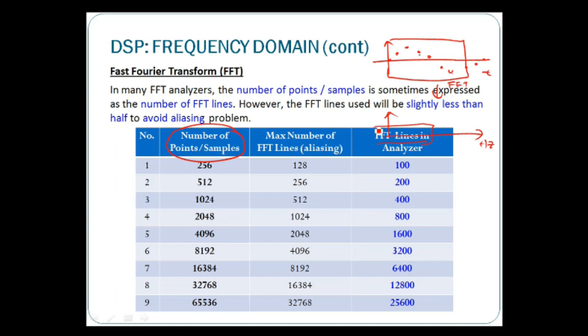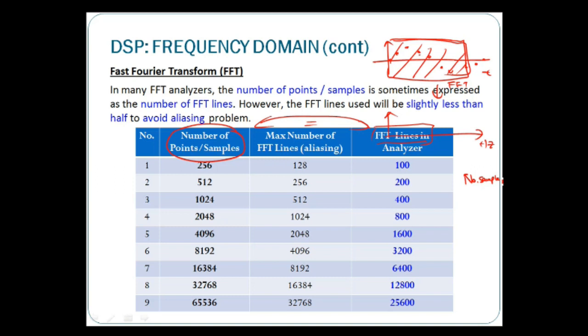They are equivalent, referring to the same thing. The number of samples is the samples in one block that you want to convert to the frequency domain. The FFT line is the block number of samples